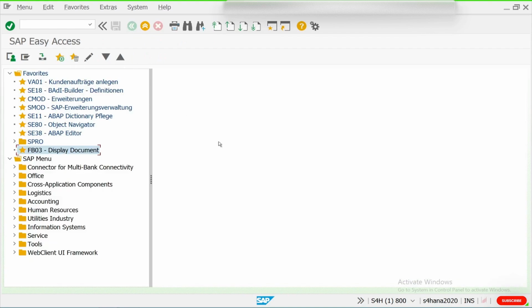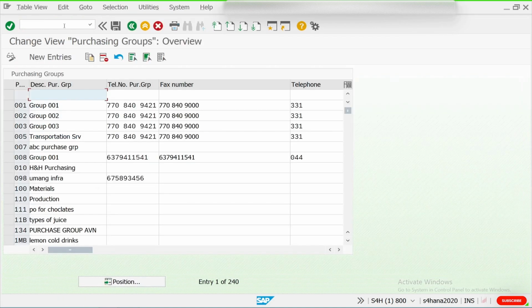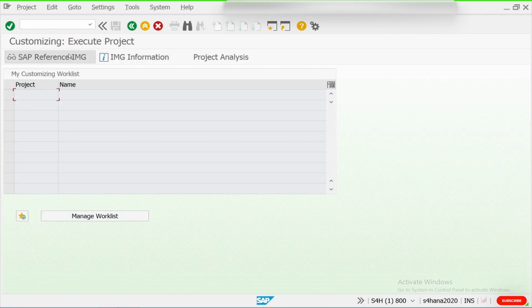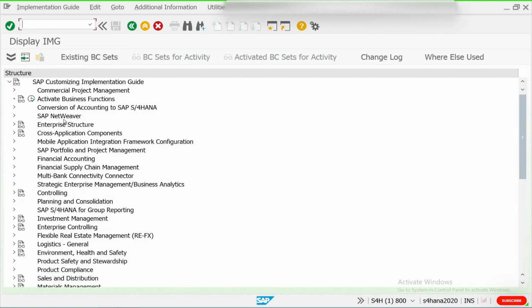Okay, so the next is purchasing group. Again, purchasing groups are the people or the group of people who are responsible for purchasing different raw material or the goods which are needed. So the T code is OME4. If you click enter, it will land you on the screen to create the purchasing group. But firstly we would be going through the path SPRO reference IMG, and then